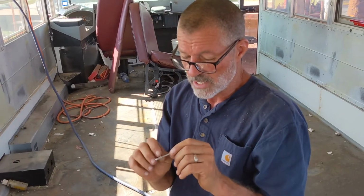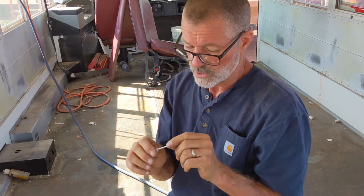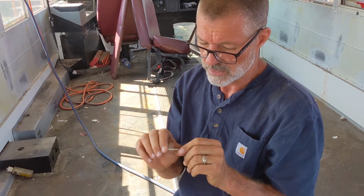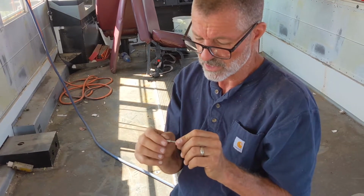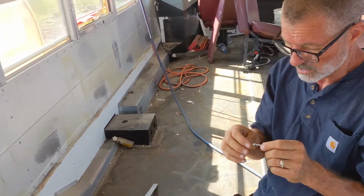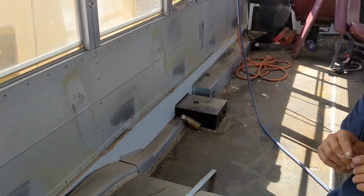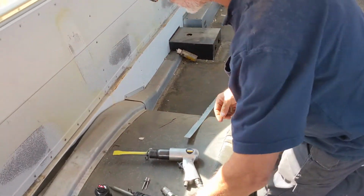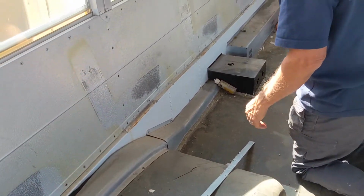So the reason I showed you how that rivet works is because this pin is harder, obviously, than the rivet tube and the shaft there. This is a stainless rivet, but the ones in the sidewall here are all aluminum, but that center pin is still going to be steel. So if the center pin is visible, like in